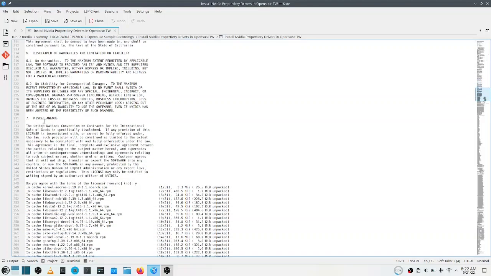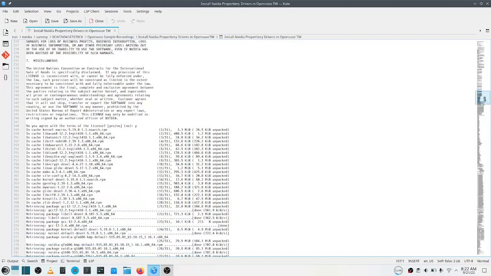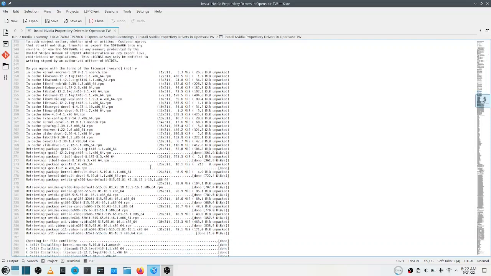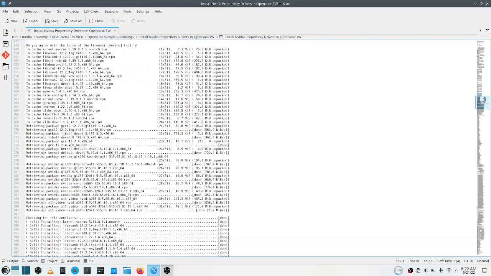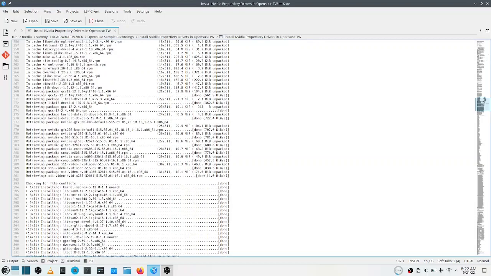And after you agree to the license, it will start caching the packages. It will download and cache the packages on your system. So here you can see the caching process has started because we successfully agreed to the license terms and conditions for Nvidia software. Then after the retrieval and caching of the packages is done, it will check for the file